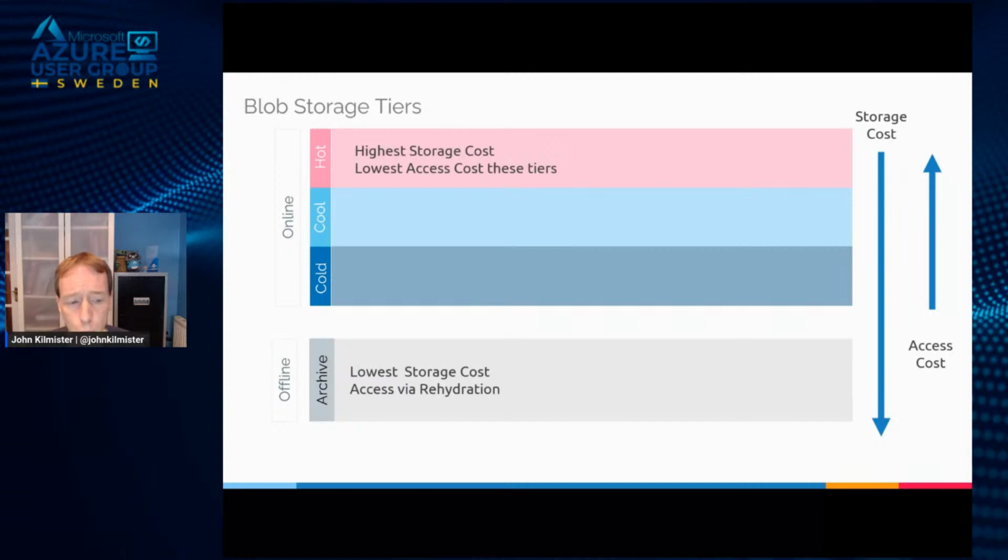So the tier is all about this balance between your storage cost and your access cost. And your blobs can move between the tiers at any time. Well, I say at any time. There is a minimum time that a blob should stay in a tier in order to get the best cost benefit. For cool, the blob has to be in there for at least 30 days. For the new cold tier, 90 days. And if we put it into archive, that's 180 days.